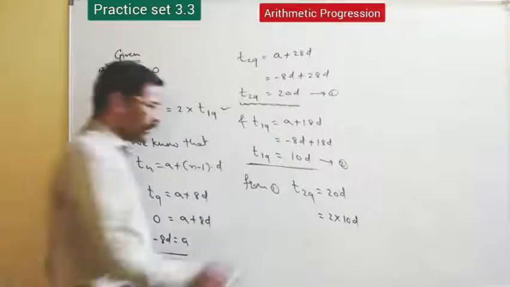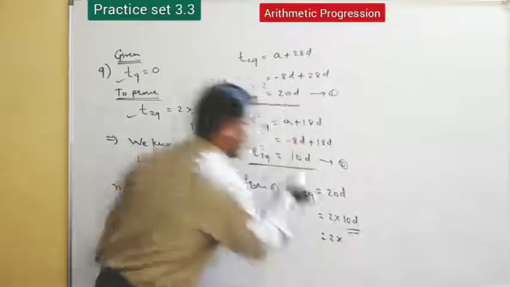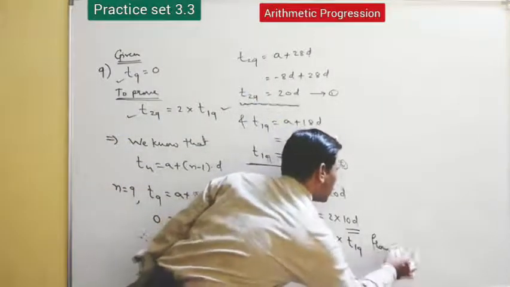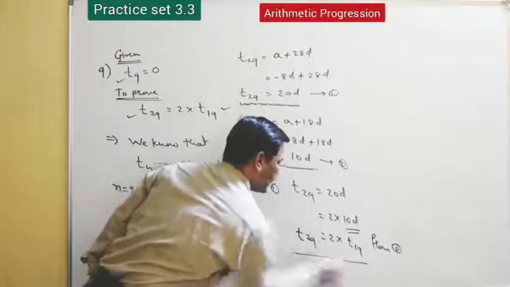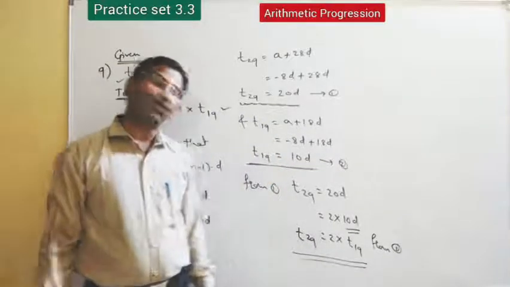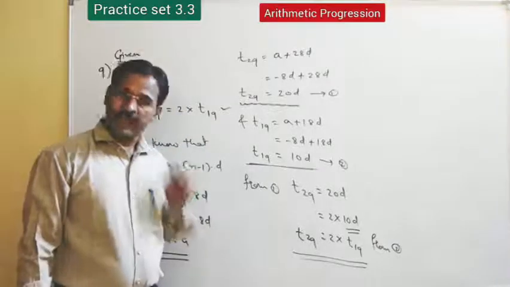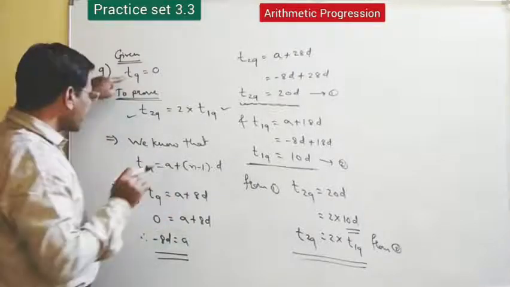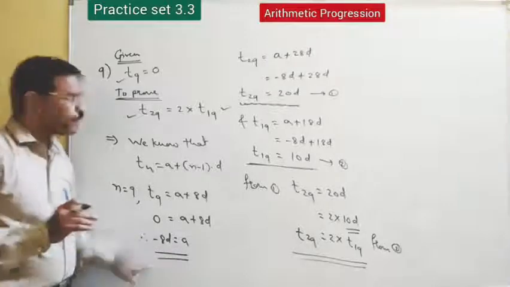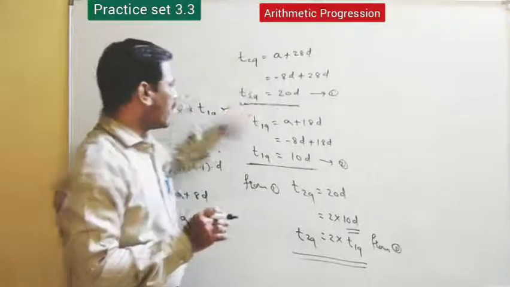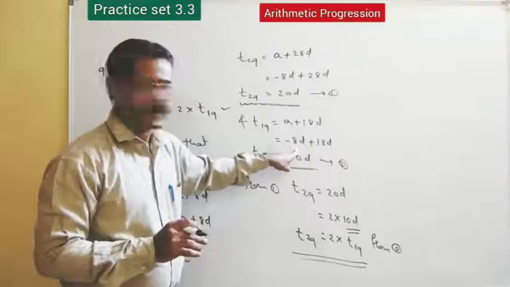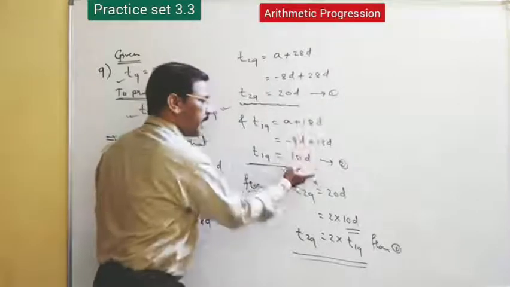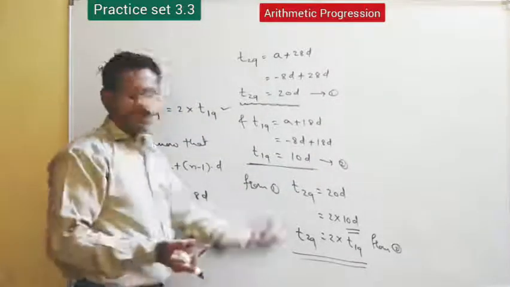Is it okay? So now, what about that 10d? That is T19. We'll put here T19. This is from 2. This is T29, which is exactly equal to 2 into T19. Understand? Look how simple it is. Just procedure we need here. Okay? So using this, we can find a is equal to minus 8d. And in T29 also put the value of a here, and in T19 also put the value of a here. After getting these two, what we need here is 20d. So this is nothing but 2 into 10d, where 10d is T19. Like this we can find.